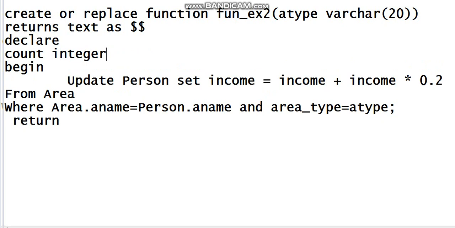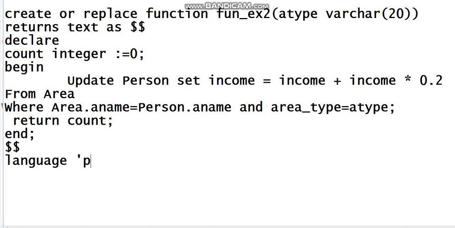Integer is equals to 0 and semicolon, and here I return, since I have to return something, that's why I am returning it over here. Then enter, and here end of the loop and semicolon, then $$, here I am going to write language plpgsql, in single quotes, and semicolon.